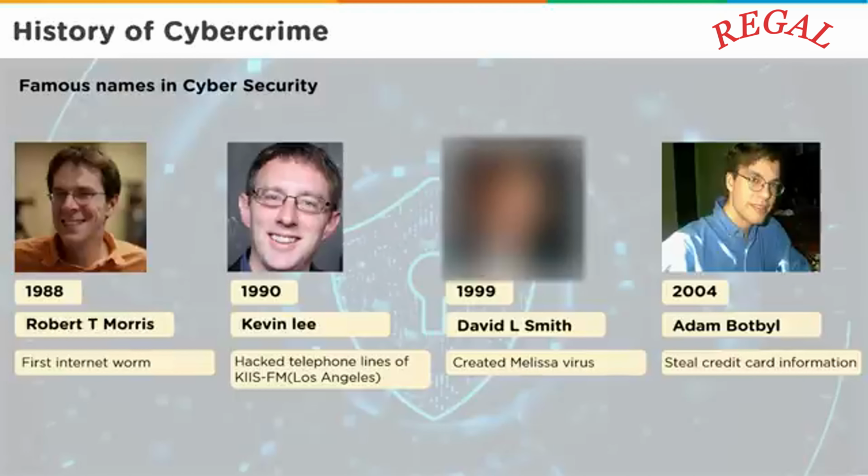Kevin Lee Polson, in 1990, was accused of hacking into a Los Angeles radio station called KIIS-FM, where there was a contest going on. If you were a particular number of caller and gave a correct answer, you were supposed to win a Porsche 944. He hacked those telephone lines, ensuring that he became that particular person and answered the question correctly. It was later revealed that this actually happened. He was jailed for it.